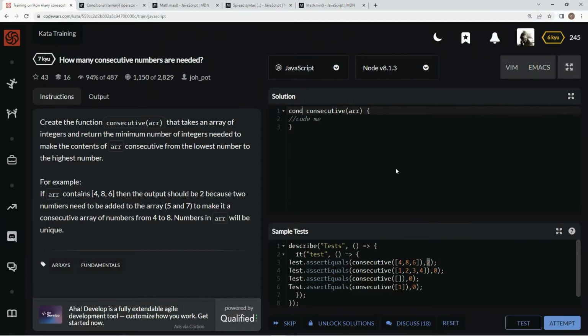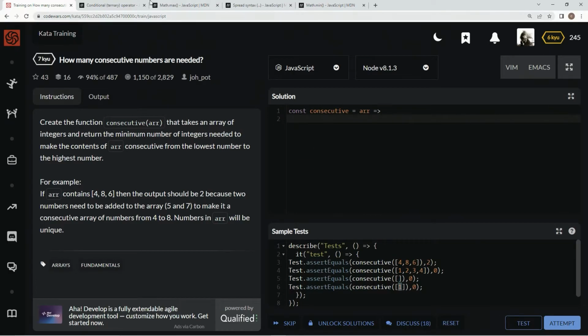So we're going to say const consecutive R equals, and let's come down here and put an arrow right here. What we're going to do first is use a ternary operator, because sometimes there's not going to be anything, or there's going to be only one thing in it, and we're going to need to put zero. So basically, if this array dot length exists, we're going to put the function,